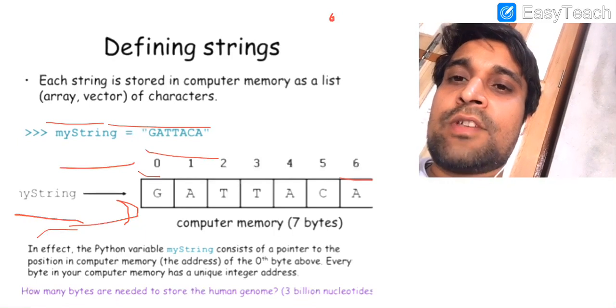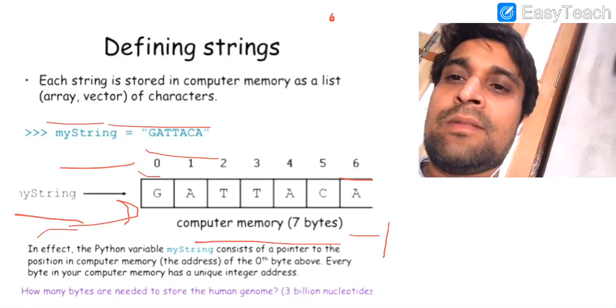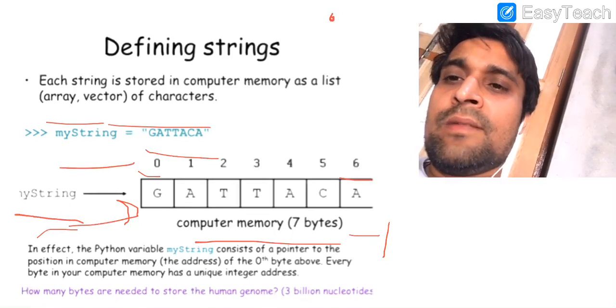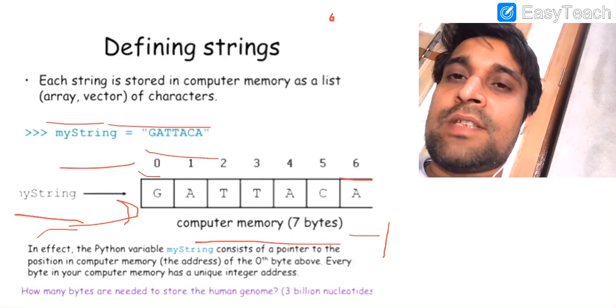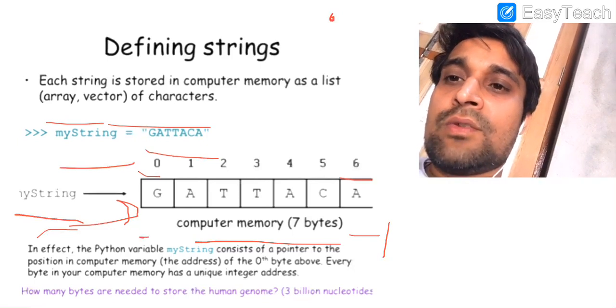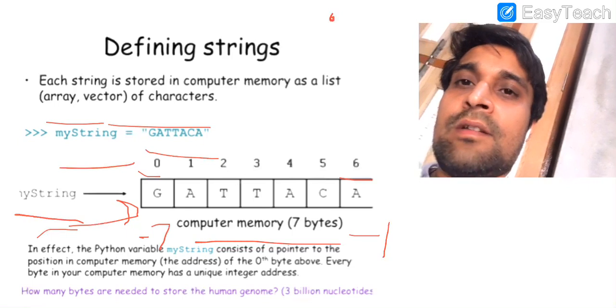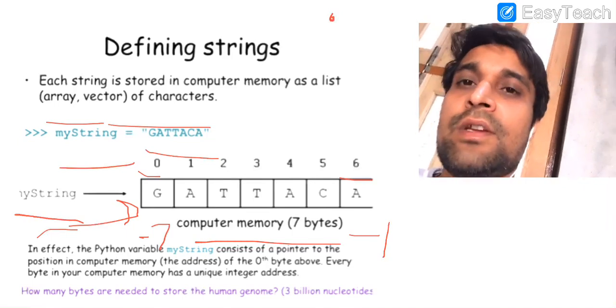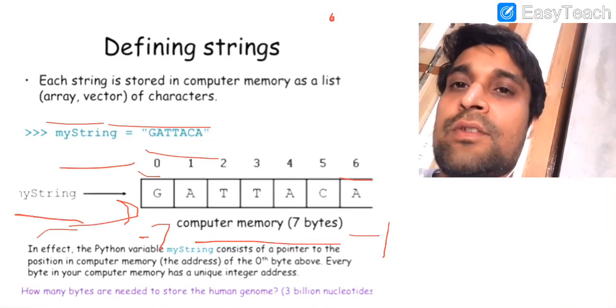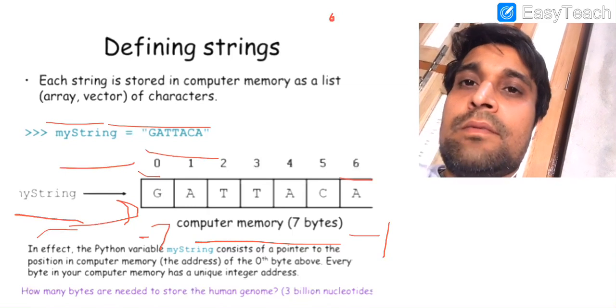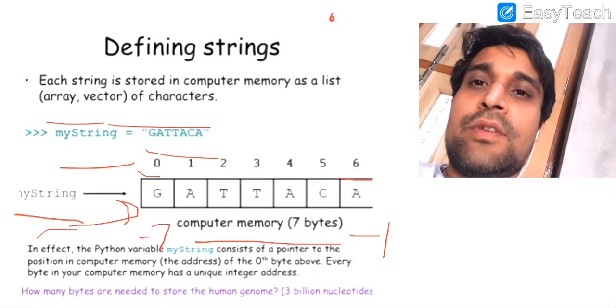Indexing can be in the reverse direction also. Our last character will be saved at index -1 and our first character will be available at index minus length. In this example you can see 7 characters are there, so our first character will be saved at index -7 if we are considering backward indexing in a string.